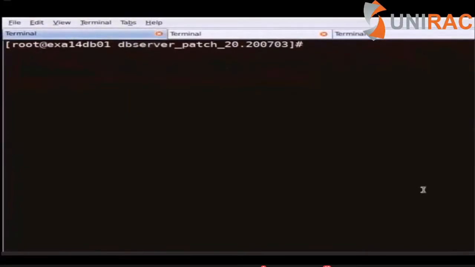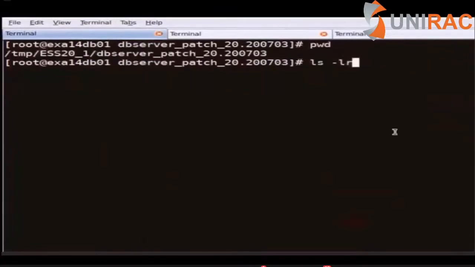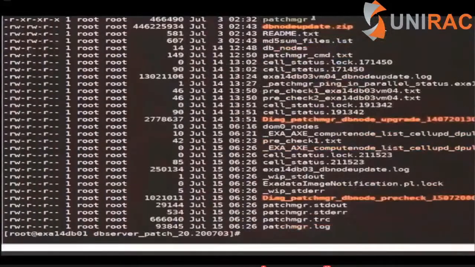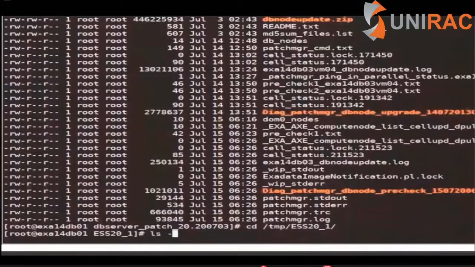DB01 is the same node from which we patched the VM04 in the last demo. All the patches, as we saw before, are hosted within the /temp ESS20_1 folder. Let's get into that folder to take a look at all the patches over there. The patch